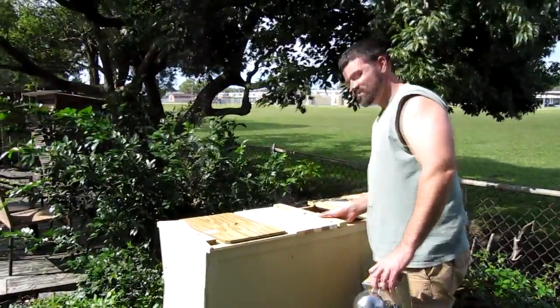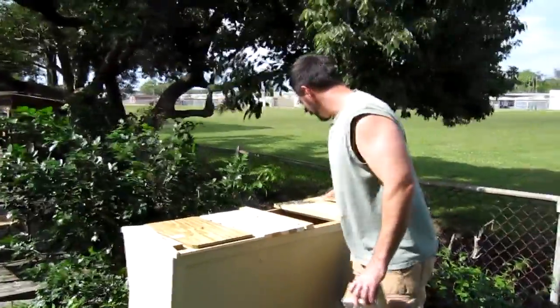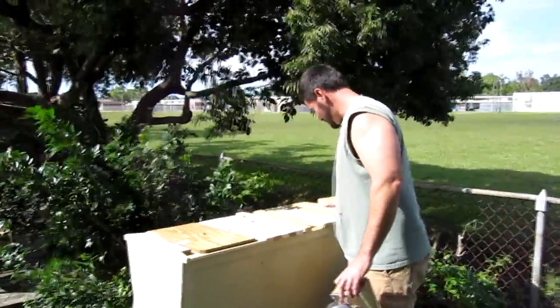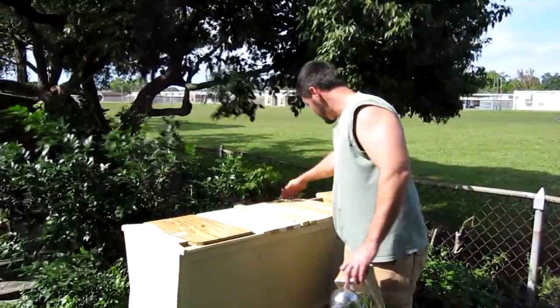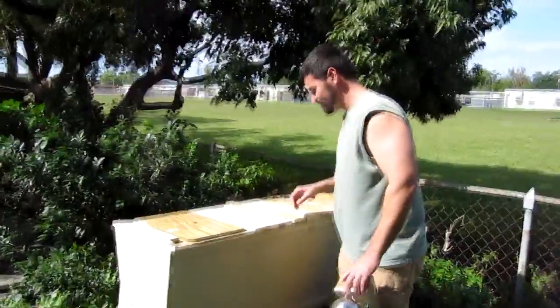I do have some hive beetles in here. I don't know what to do about that. But yeah, they don't, they get carried in or something? Still healthy. Still a healthy enough hive that I don't think it matters. I don't want to be buying a bunch of stuff to...